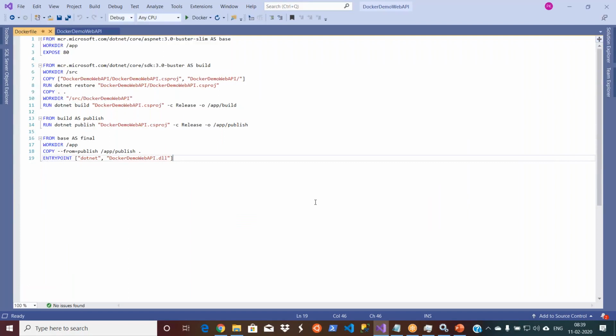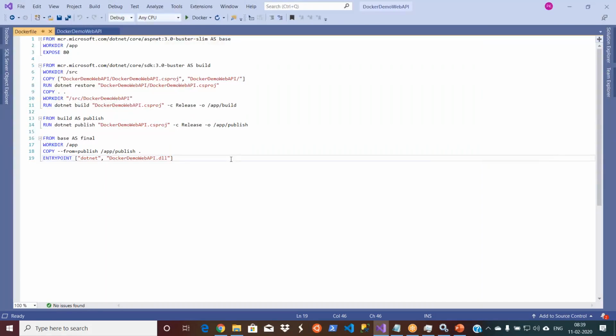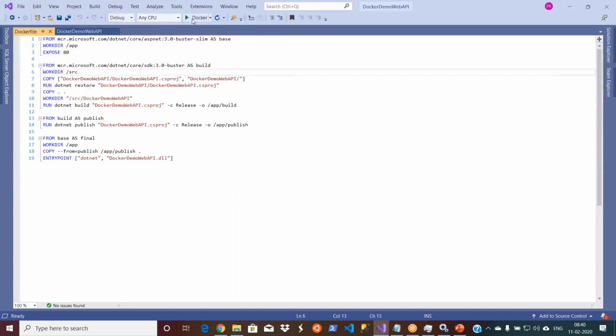So fortunately, since I have my latest Visual Studio, it supports automatic creation of your Docker file based on the template that I created. So what is the benefit you are getting by looking at this one? Let us say if you want to create your own Docker file in some other IDE which doesn't have this Docker support, you can follow this procedure and create your own. Of course, it comes with some study. Okay, and for older applications, before I installed this Docker, I was not having this Docker option to run my application. After I installed it, I am having this Docker option.